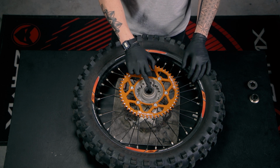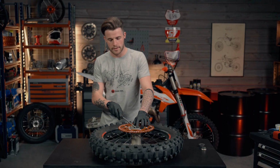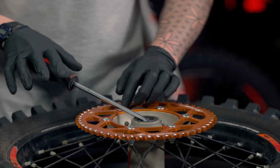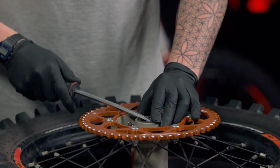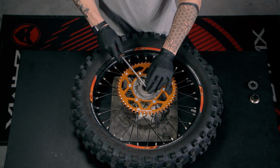So we're going to remove that seal. By doing that, we'll need a flathead screwdriver. Going to slot it just under the seal, like so. And then just lean down, like so. Nice and easily. Just going to prise it out,